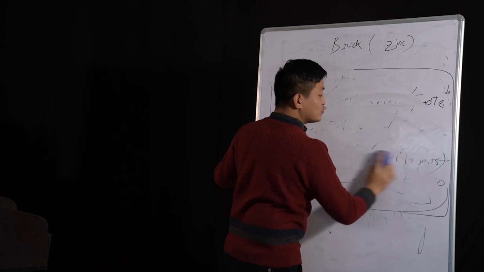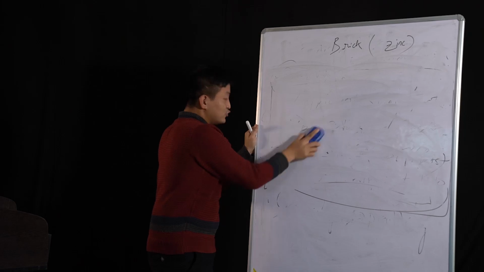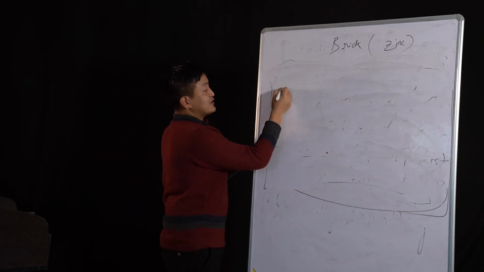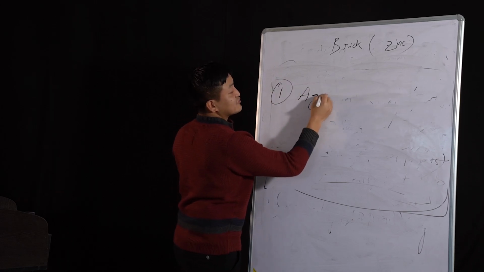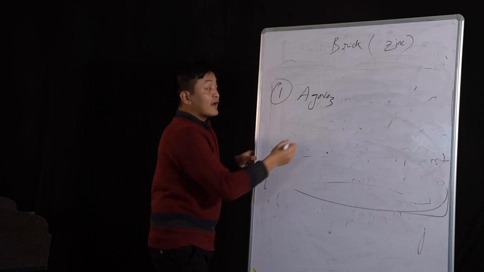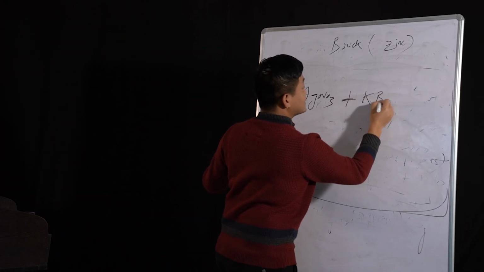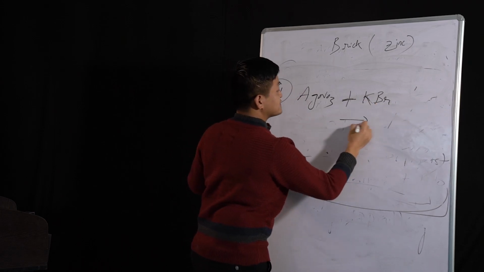So I'll give you 1 or 2 questions so that you can go through this and you can identify. Let's try this question here, 1 question here. Let's take silver nitrate here, and let's take potassium bromide, which gives